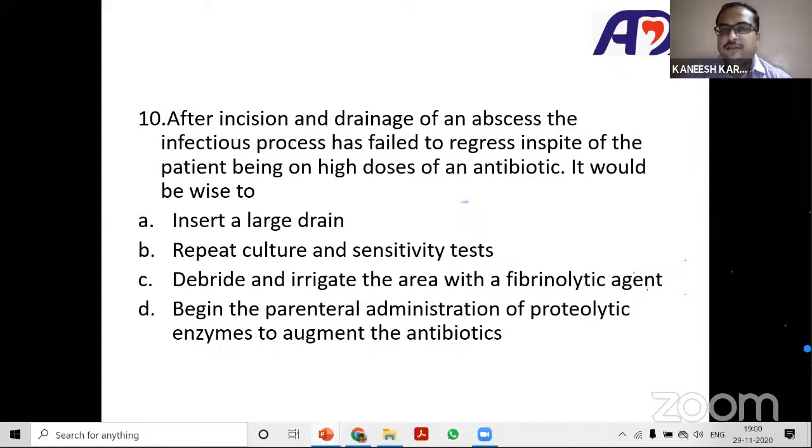After incision and drainage of an abscess, the infectious process has failed to regress in spite of the patient being on high doses of antibiotic. It would be wise to, this is all to confuse you. Okay, huge question and a huge answer. The answer is very simple. If you think logically,